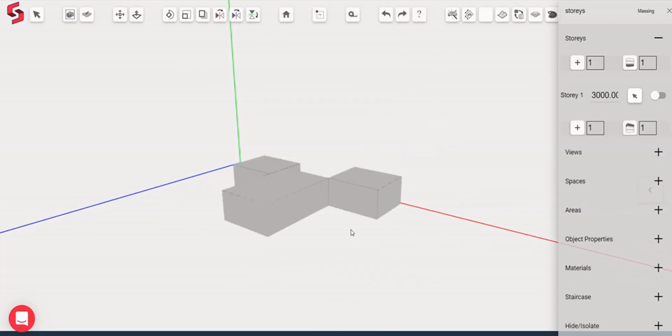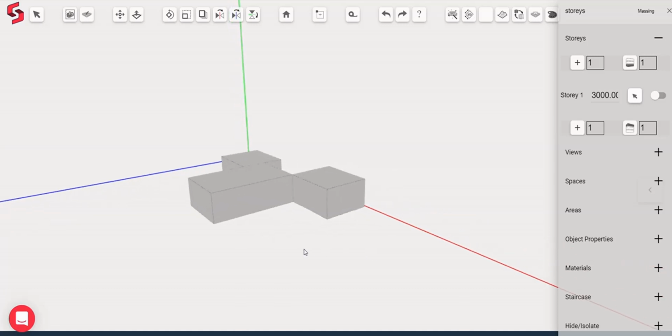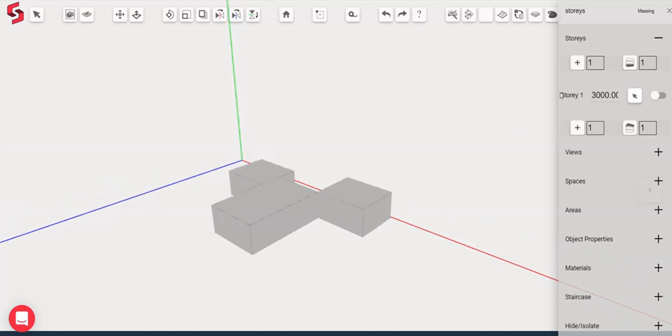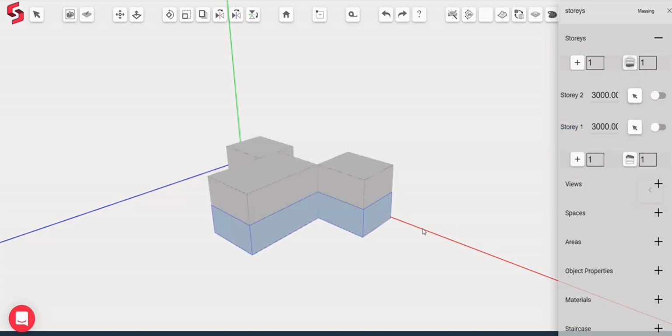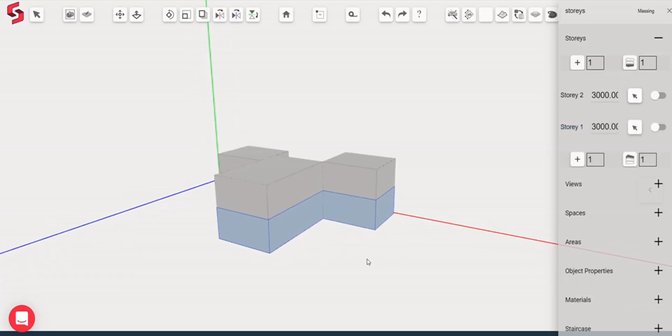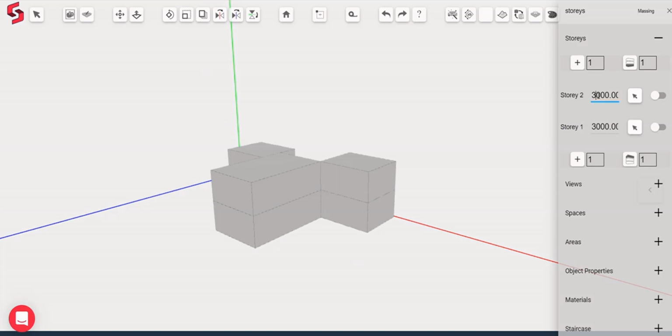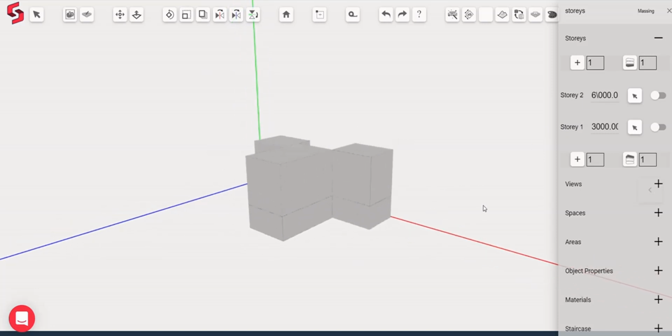An important aspect of duplicating stories is copying of its height. To demonstrate this, I have three masses over here. Let me go ahead and duplicate the story. I'll select story 1 and duplicate it. Now I'll change the height of story 2 to 6000. I'll select story 1 and I'll duplicate it 2 times.